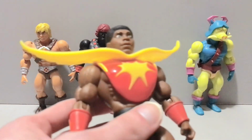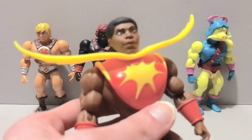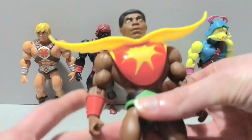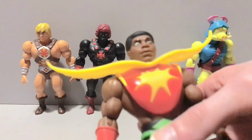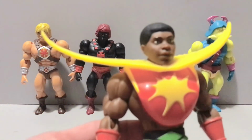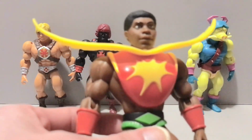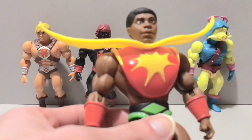Also, shout out to my good buddy L10 for the hookup on the 2000X Skeletor. Probably should have mentioned that when 2000X He-Man was up here, but, you know, better late than never. But we got Sunman, and I don't have anything against Sunman or Pighead. I have something against all the other losers they decided to make over some other cool bootleg Master of the